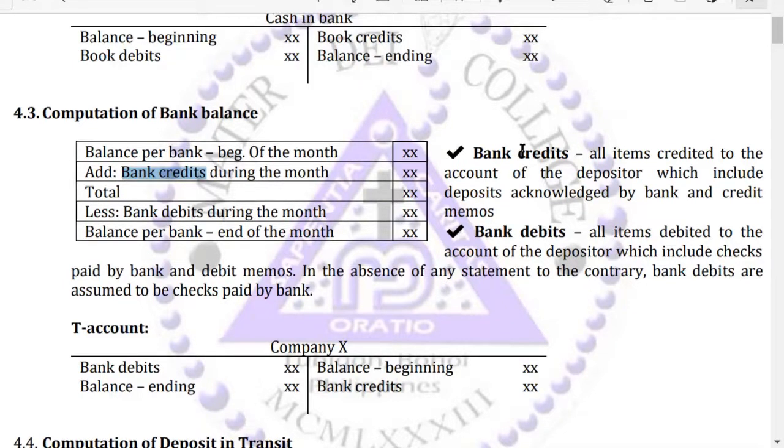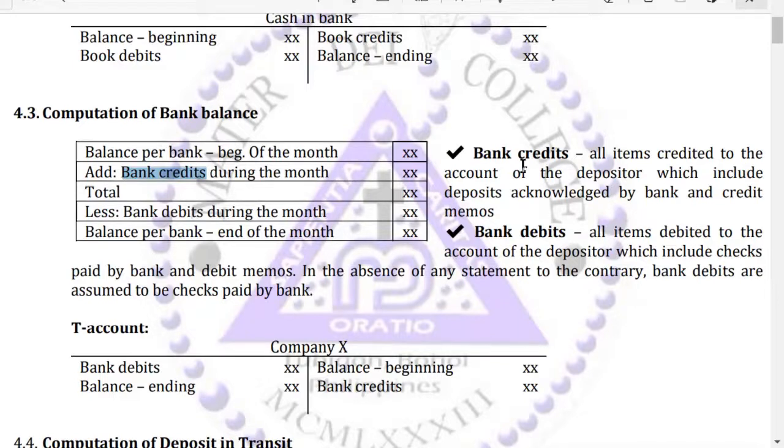And remember, if the bank will credit the account of the depositor, it means that the balance or the account of the depositor on his or her deposit is increased. Di ba? Pag i-credit sa bangko, ang bangko ang mo credit sa account sa customer, mo saka ang amount or